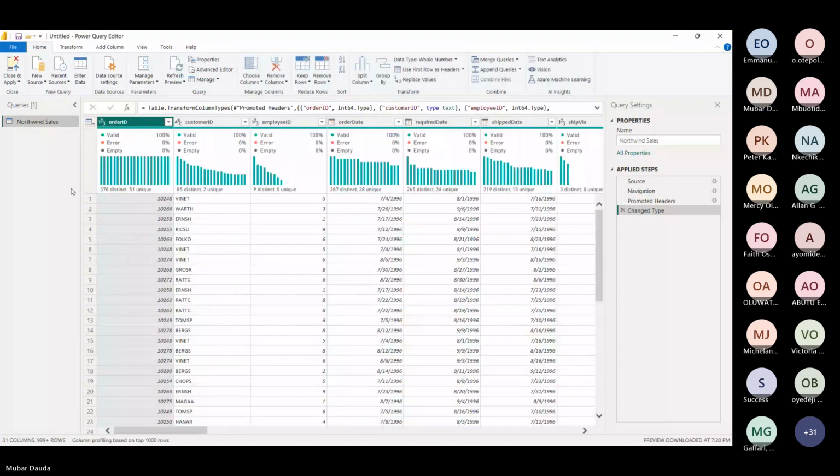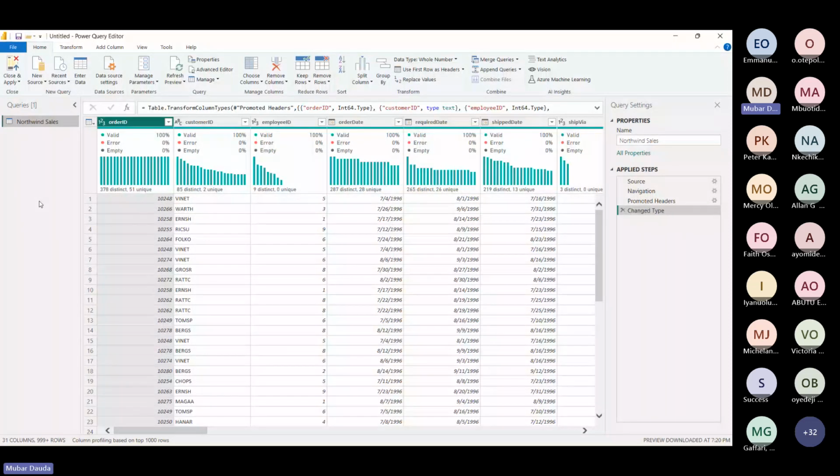Yeah, this is it. This data is the sales data from Northwind. Northwind is an open source sales data set from Microsoft, like Adventure Works. Of course, you can find it on the internet and use it to explore